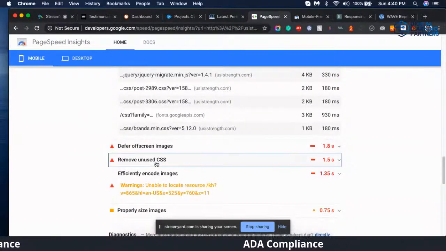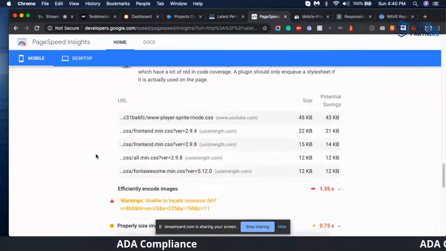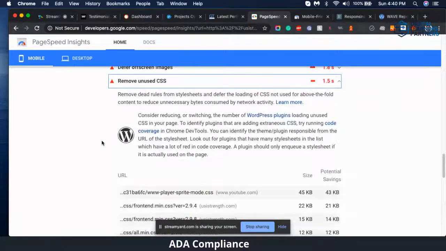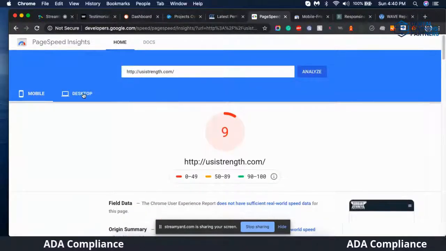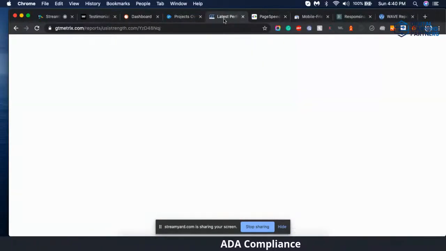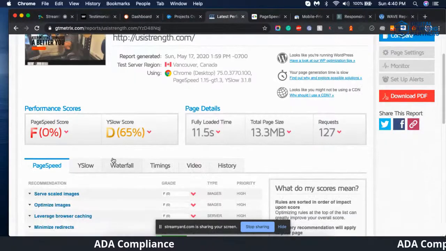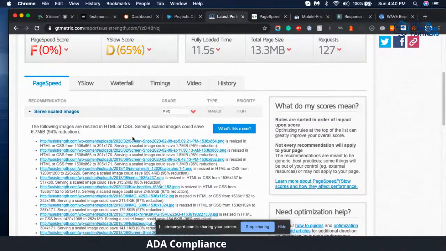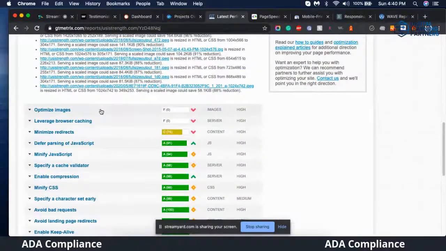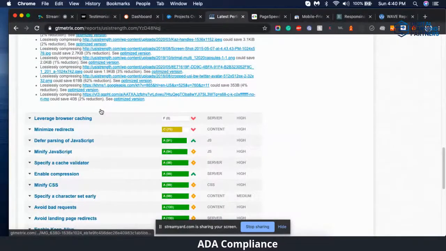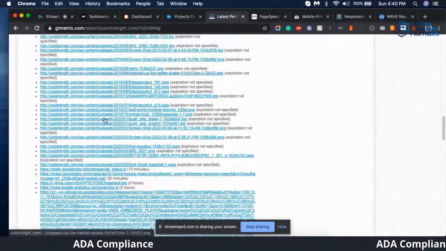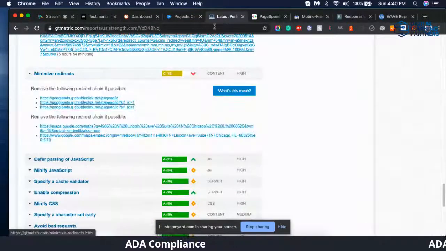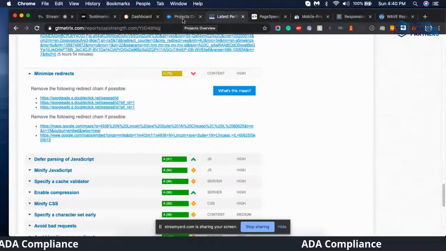Okay. CSS, coding. If he's a coder? No. Okay, then have a developer fix it. So he needs to show this to the developer so they can go and fix and adjust, right? But I also check GTmetrix. Oh my God, look at that. F. So server scaled images, maybe the images are too big. Images need to be optimized. Look at all these problems. Caching, browser issues. And this is also going to affect, I would say, probably customer acquisition, no? Correct. You're absolutely correct. Okay.